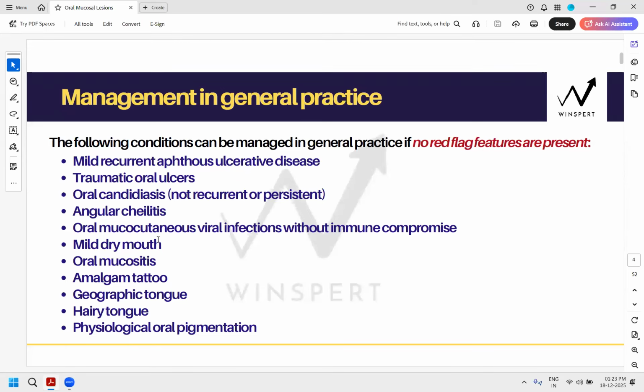But do they require specialist referral? Yes. So these are the conditions which are in the general dentistry scope. All the red flags are in the specialist scope, and all the non-malignant conditions that I just mentioned are also specialist scope. Is that clear, is the mental picture clear or not? Yes? So there are three categories of lesions. One is this, without any red flag, these conditions are general dentistry. All the red flags, even if these conditions plus any red flag, becomes a specialist condition.